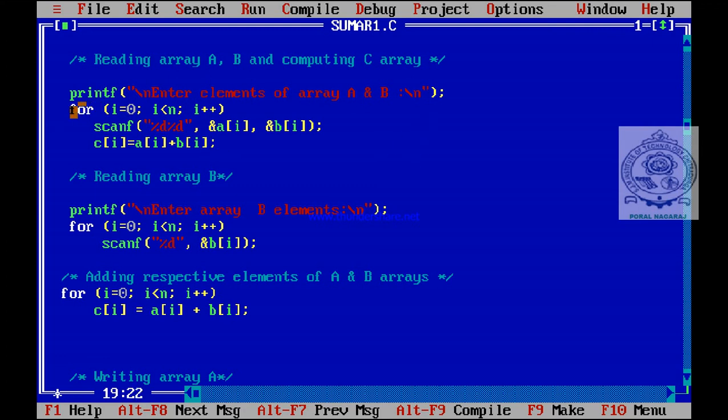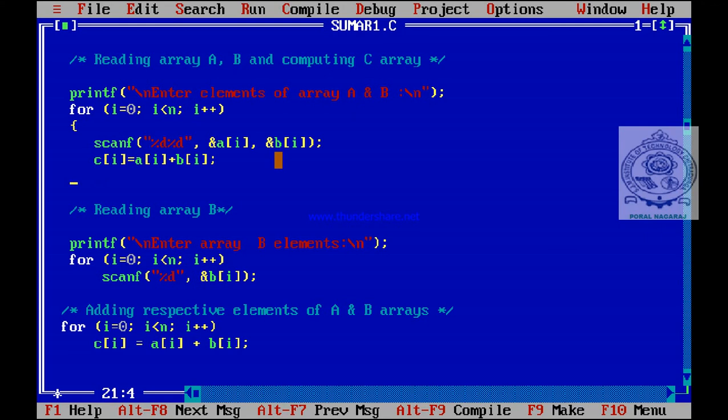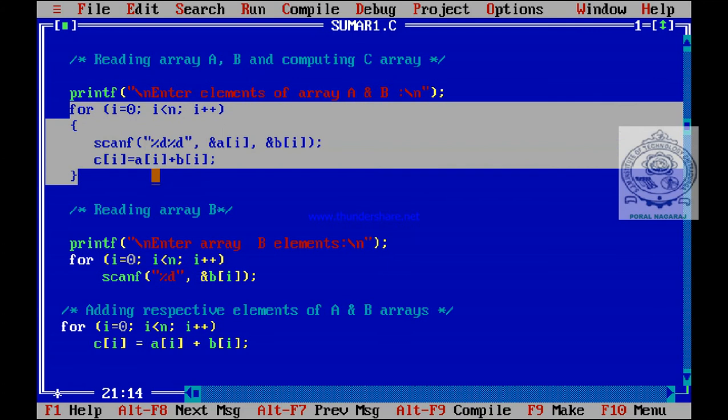So this for loop has to be executed 5 times, containing body how many statements? 2 statements. Actually for loop, body of the loop is always 1 statement, but we need to have 2 statements as body of this for loop. That's why what we should do, we have to enclose this within a pair of curly braces. So then that becomes body of our for loop. See, we have to make it compound statement. So now this is the code to read one element into array A, one element into B, and computing the element of C. 5 times it will be executed if value of n is 5.